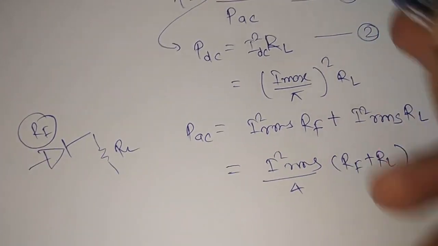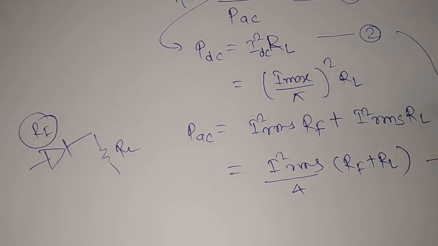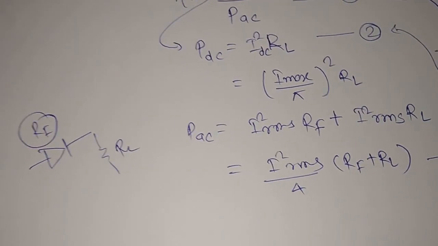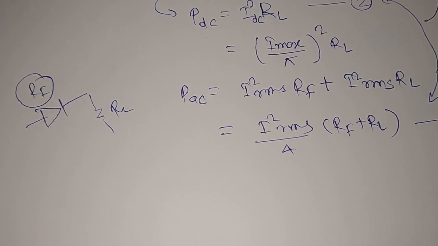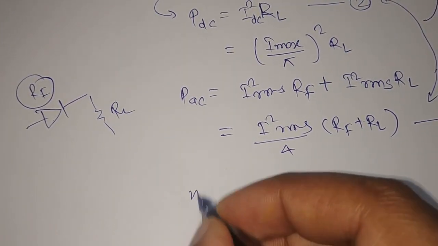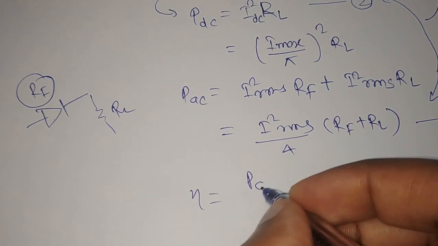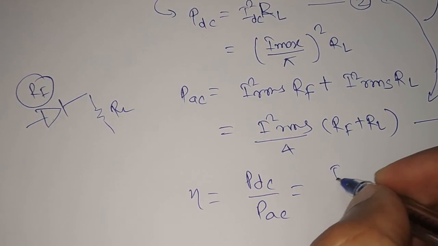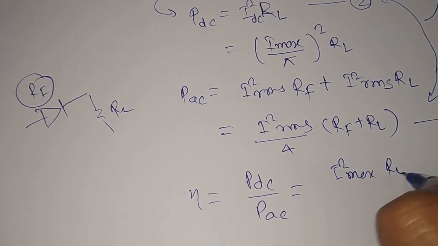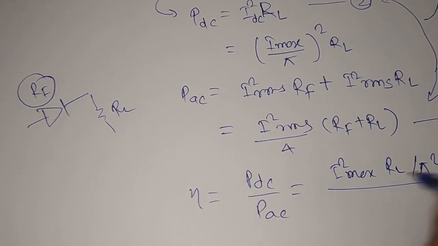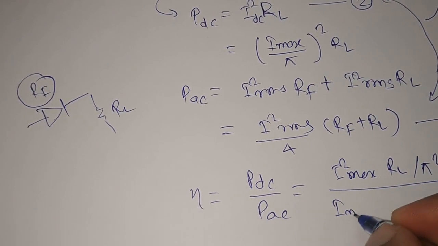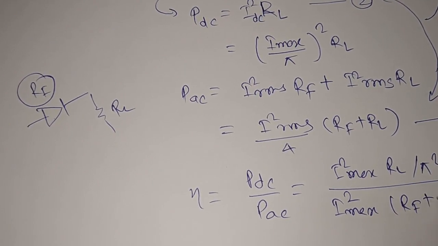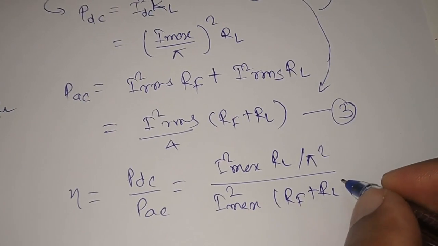Now keeping 3 and 2 in 1, so these two expressions we will keep in 1. So we will get eta, that is efficiency, equal to PDC by PAC equal to (Imax by pi) square RL divided by Imax square by 4 into (RF plus RL),